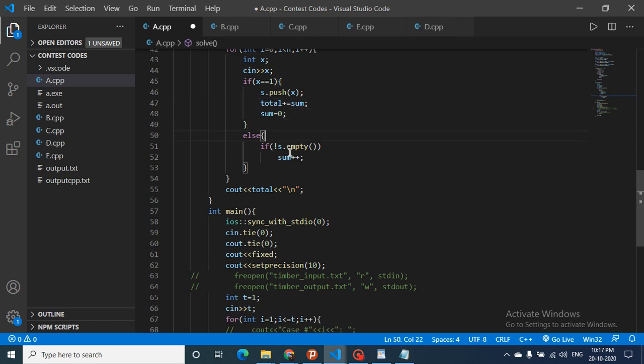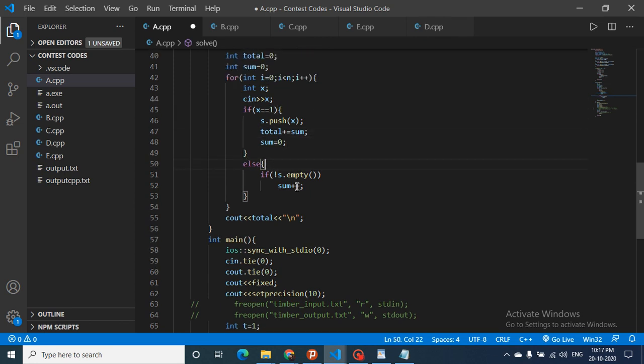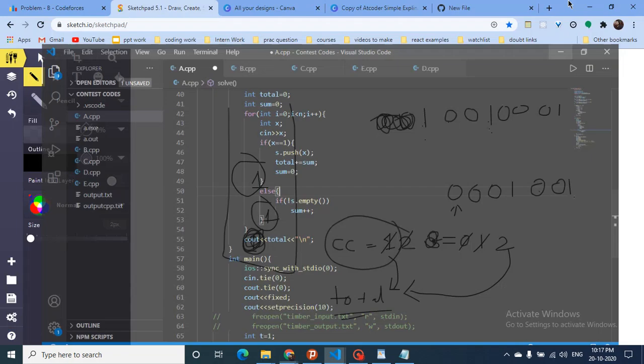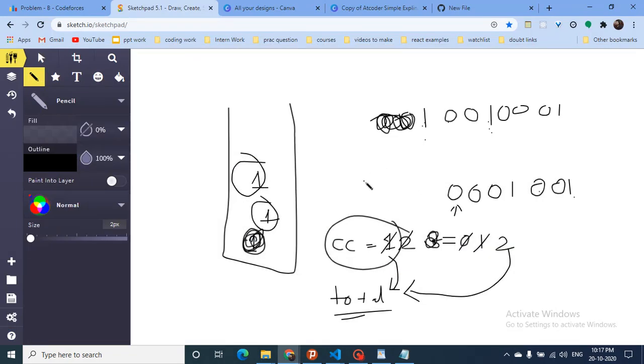But if it is a 0, you can also do this implementation, but what I have actually done here is, if I have seen a 0, I will only count this in CC when there is some 1 already in the stack. If there is no 1 in the stack, then why would I add this to the CC?